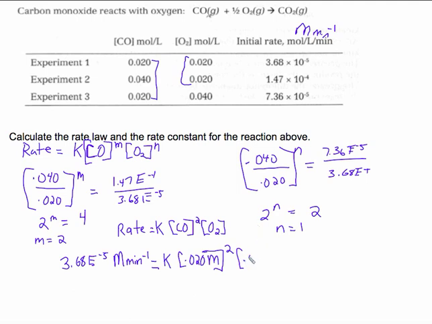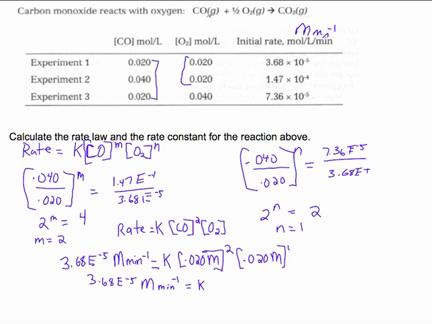We're going to put that times O2 from trial 1, which is also 0.020, also in units of molarity, to the first power. Then if we do all this math, we get 3.68 e to the minus 5 molarity minutes to the -1 is equal to K